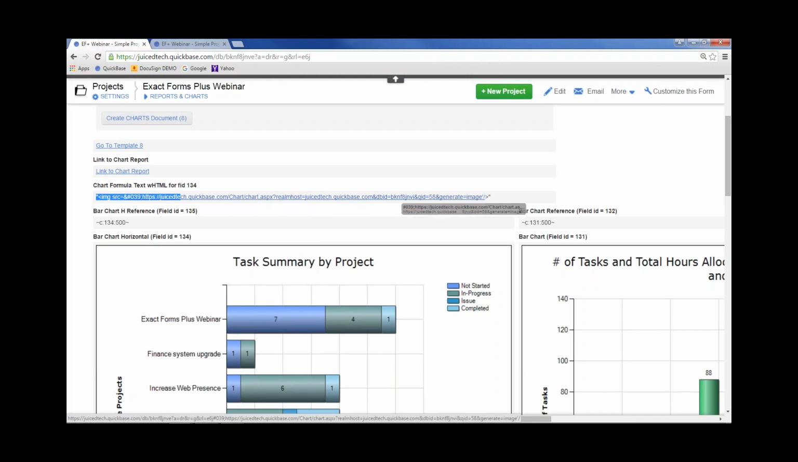an image, and that's what this is showing here, which now I can take that image in Exact Forms Plus and embed it in the document. So I'm just showing you how it was done for this one, but it was done the same for these other ones as well. So here's my